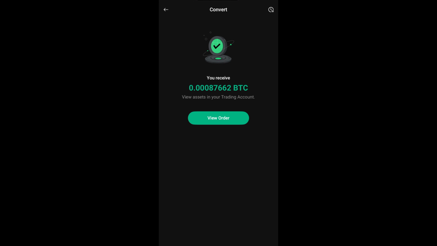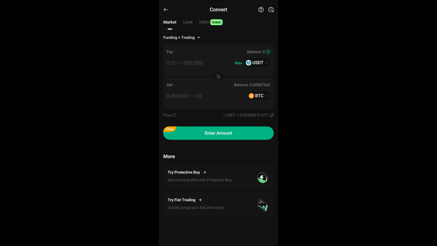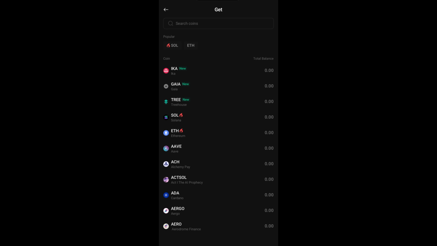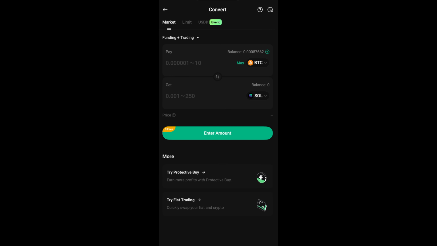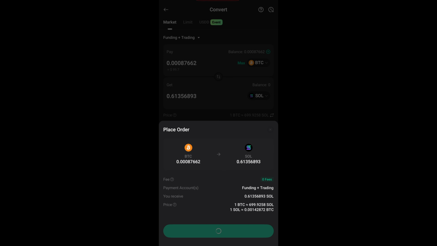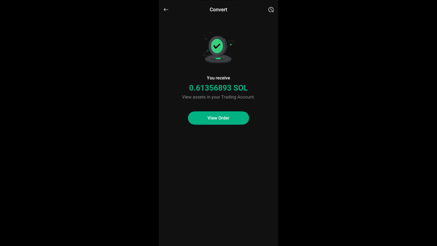All right, now we have this amount of BTC in our wallet, so we can go back, and then we have to convert the BTC to Solana. BTC to Solana. So we're gonna search right here. Oh, it's already here, meaning that people are taking advantage of this arbitrage opportunity that we got. So we're just gonna click max like this, then click convert, and then click confirm. Now I've got some Solana right here. So we're gonna have to jump to the trade and then sell the Solana to USDT, and then you're gonna see how much